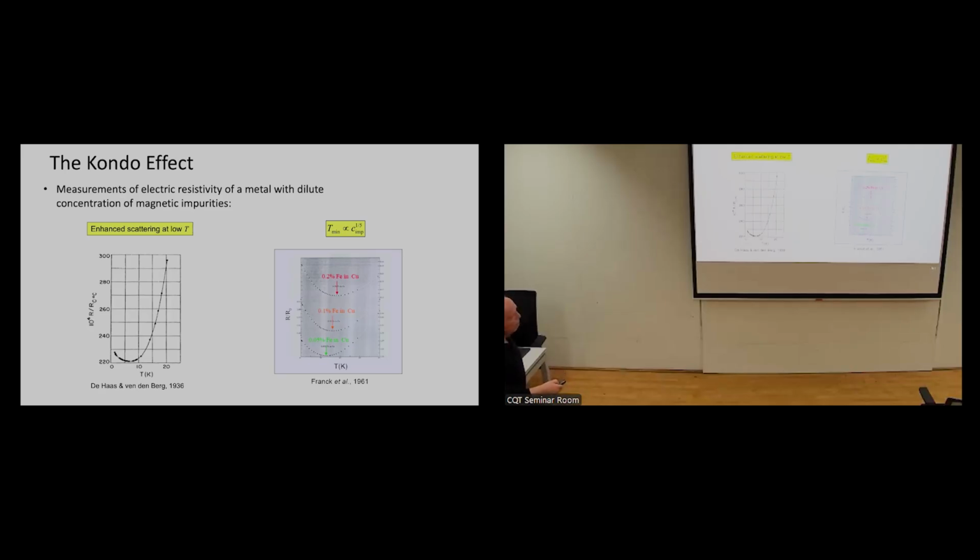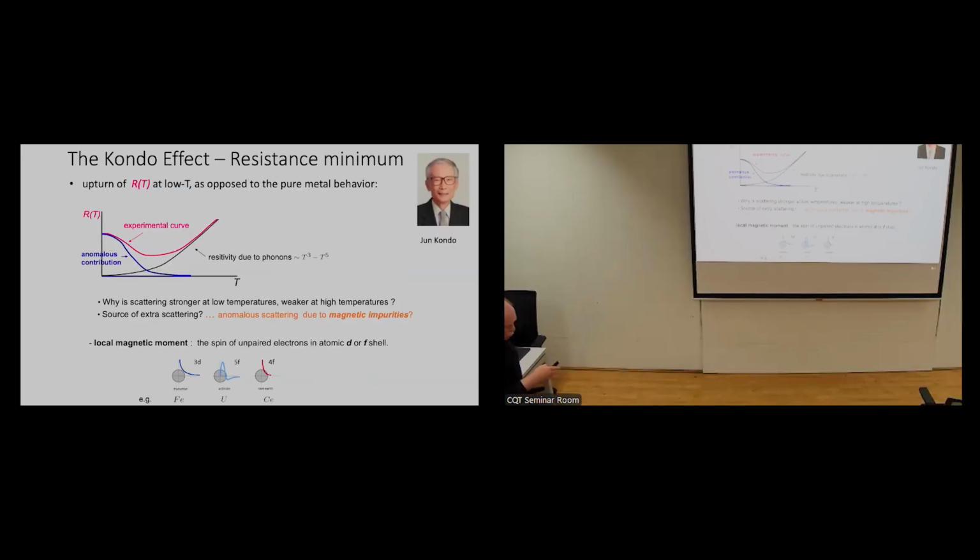When the amount of iron impurities was decreased, the effect decreased. So people understood that it's due to this iron impurities. And Kondo wrote down a theory that showed that indeed iron or whatever impurities there are,